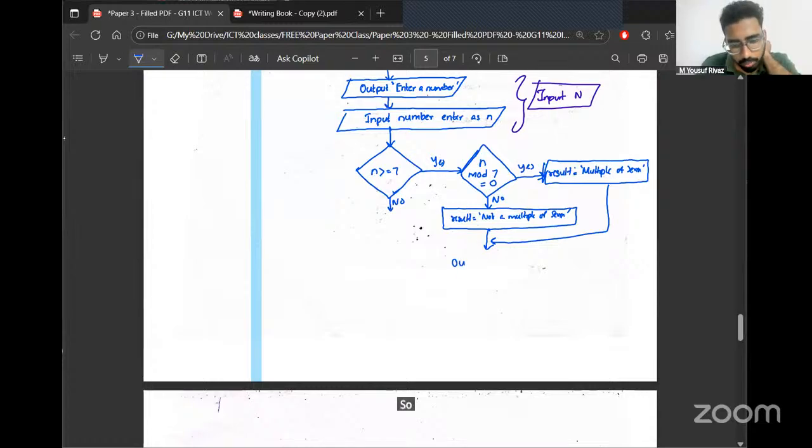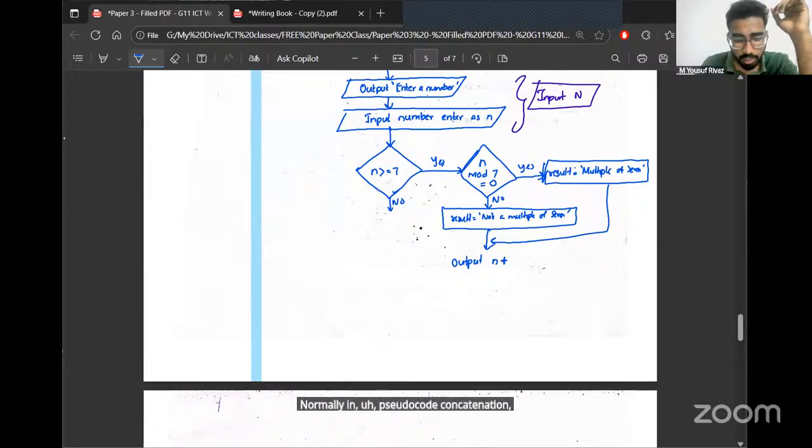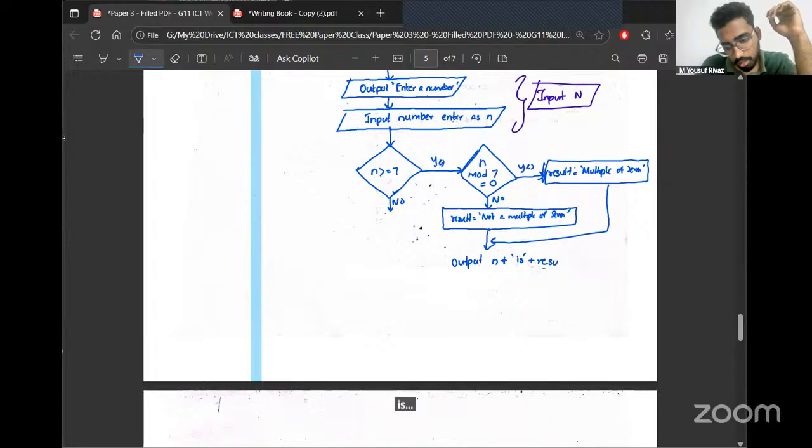So output n. Normally in pseudocode, concatenation uses a plus symbol. So n is result.